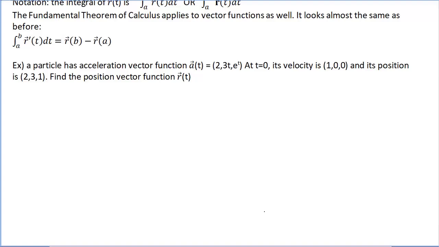So what do we do? Well, we've got the acceleration vector to start. So where can we go from there? We know that the derivative of position is velocity, derivative of velocity is acceleration. Therefore, since we're starting with the acceleration, we can take the integral. So we know that the velocity vector is just the integral of the acceleration vector dt. So that's the integral of 2, 3t, e to the t, all of that dt,